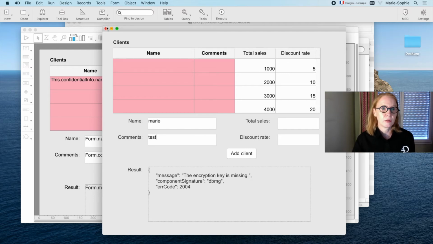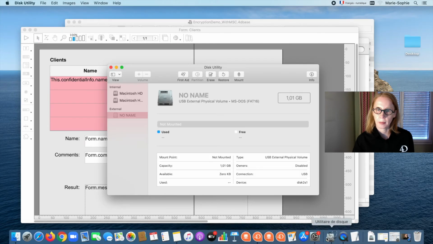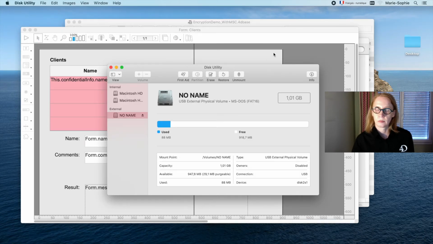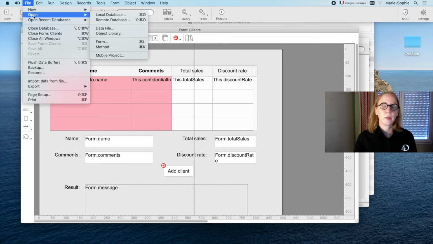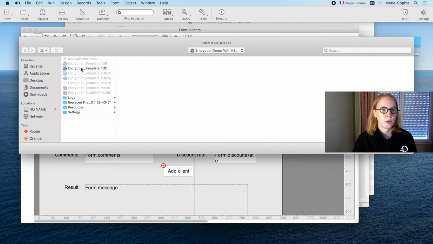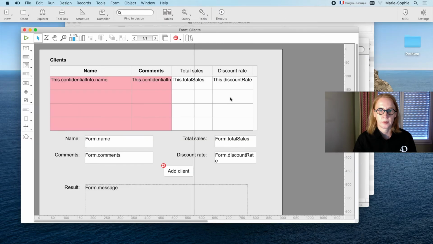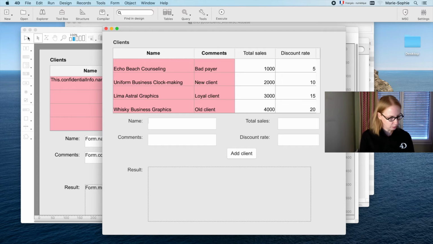Now let's mount the flash drive. And let's open again the encrypted data file. So remember, when we open a data file, 4D automatically searches for a valid encryption key on a device like a flash drive. So we open again the data file. Let's check what happens. And now encrypted data is visible and accessible because the valid encryption key has been provided